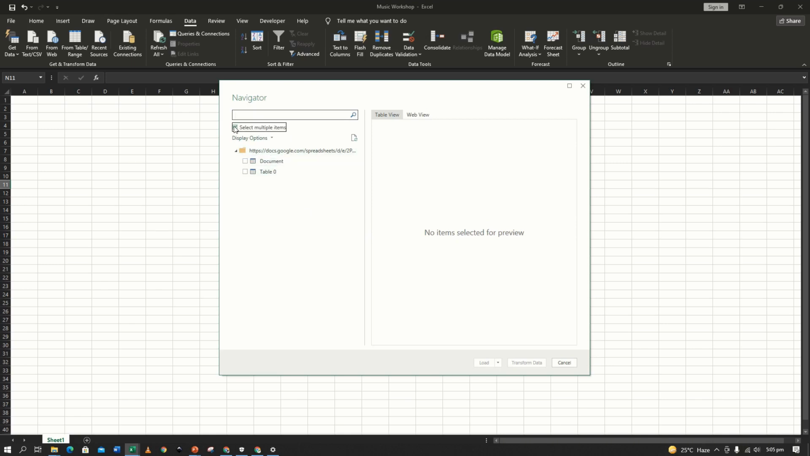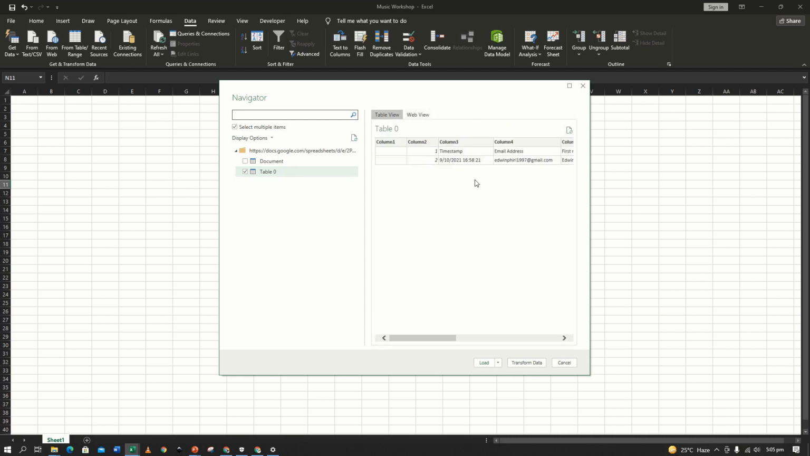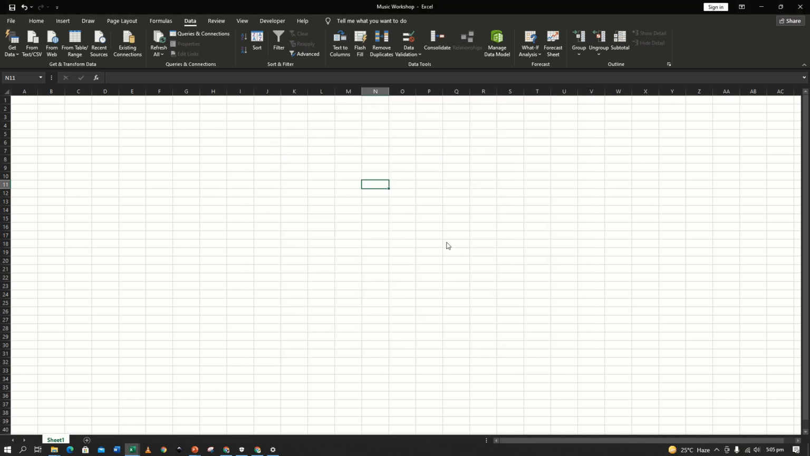So we're going to want to select multiple, and let's select this. Oh, that only has the document types, so let's select this, and this is where our data actually is. So now we don't want to load the data just as it is, first of all. And here is our web view. This is how it shows on the web, and here is our table view. So we're going to go to transform data,